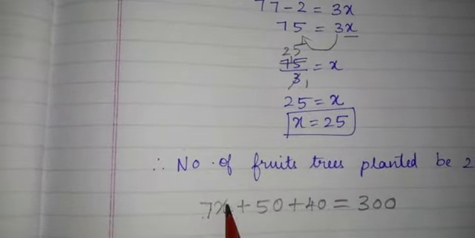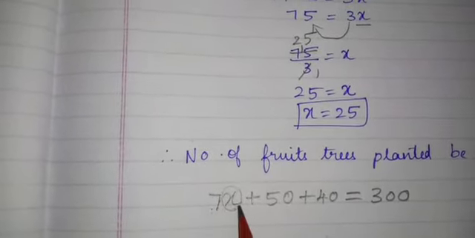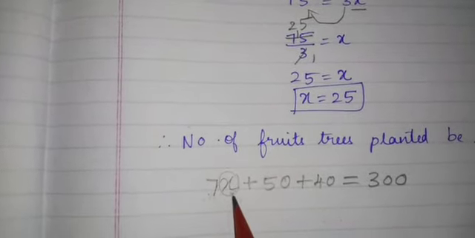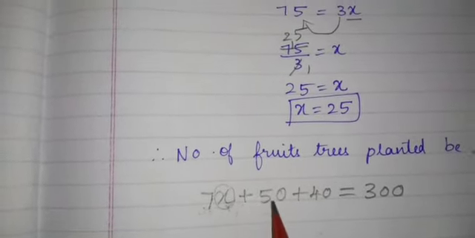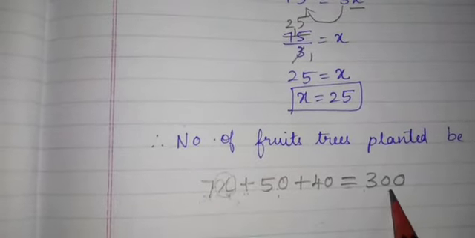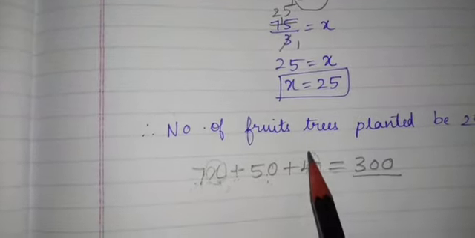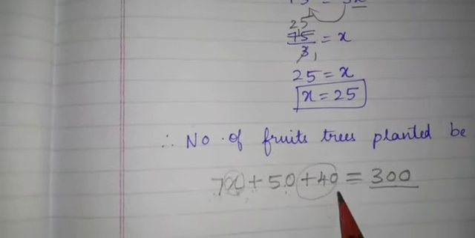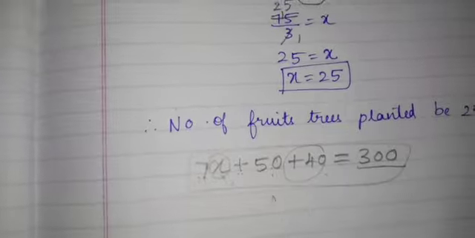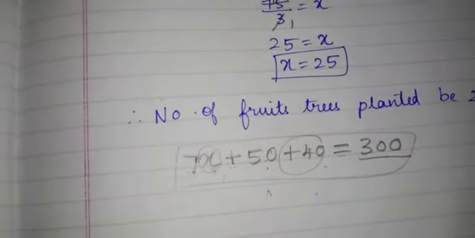Okay, what they are saying: I am a number, take me 7 times over. 7 times over means 7x. Then add 50, so plus 50. To reach a triple century, if you want to reach a triple century, you should even add 40. So plus 40. So this is your equation for that riddle. Just solve this equation. Okay, children.